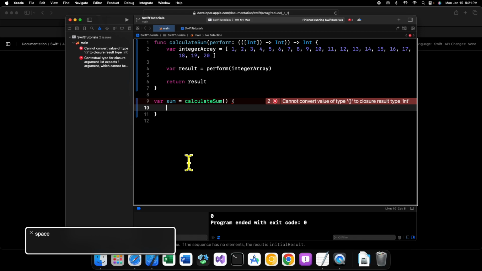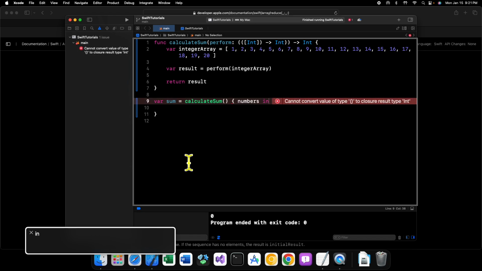Now, in here, we need to also specify the parameter that this takes. So after the opening curly brace, we need numbers in. Now, numbers can be whatever you want. It can be x, it can be a, it can be whatever name you want to give it. But after the parameter name, we need to give it the in keyword, like that. So now it's var sum equals calculateSum